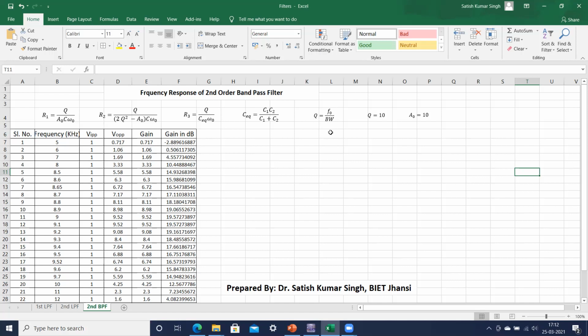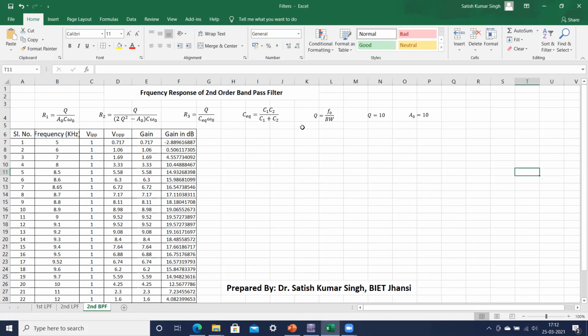Out of the central frequency, 3 dB bandwidth and quality factor, at least two should be known, and the gain is obviously required, because the quality factor is defined with this equation, so it can be easily calculated.